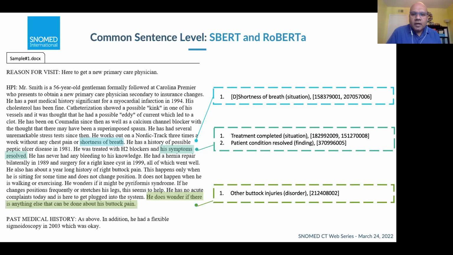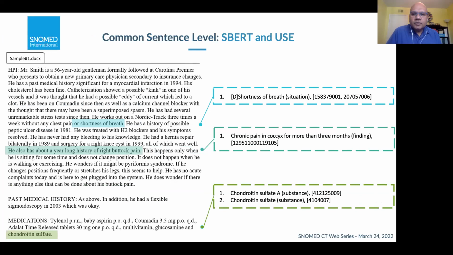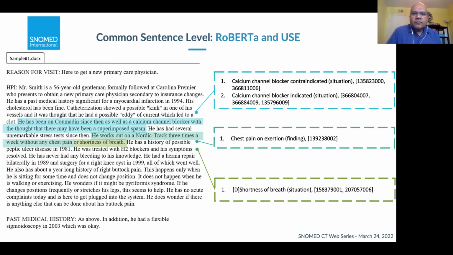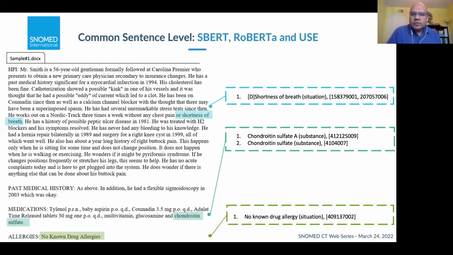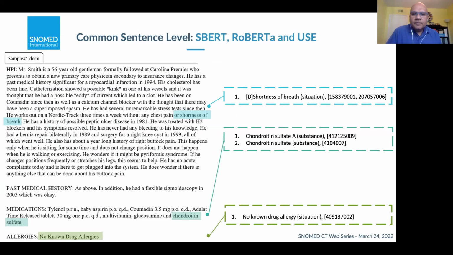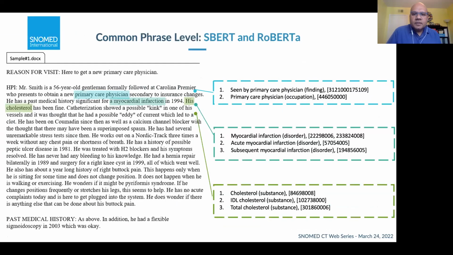If we look at that, suddenly a lot of the noise is not there anymore. So now we get very distinctive results: shortness of breath. It becomes shortness of breath because both models found it. Similarly for sentence BERT and USE, we found shortness of breath. For RoBERTa and USE, we found similar things. And if we use all 3 of them, we found similar things. Why am I showing all this? Because you can see in all of these examples,